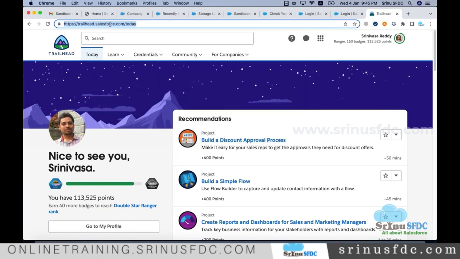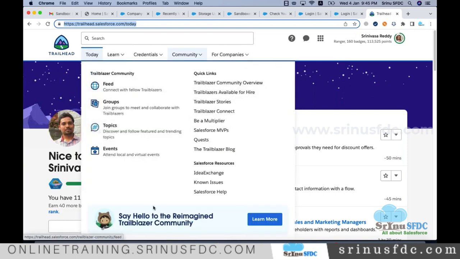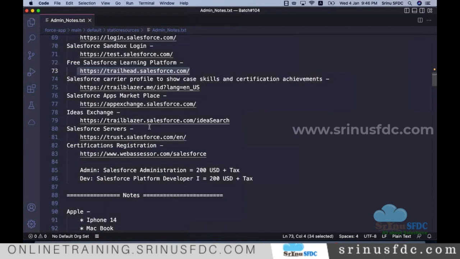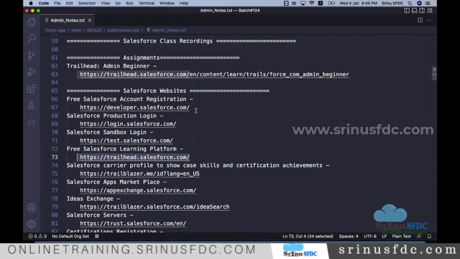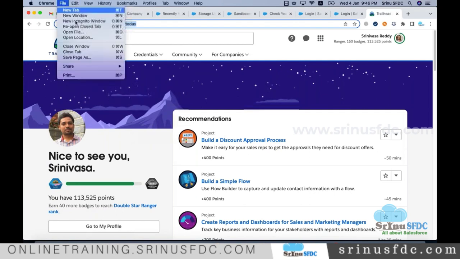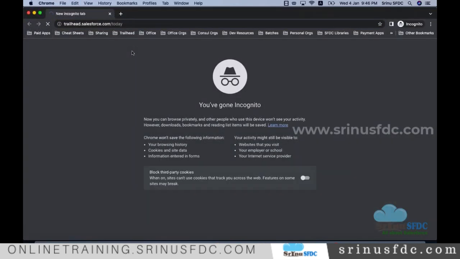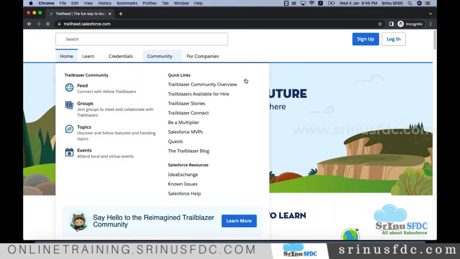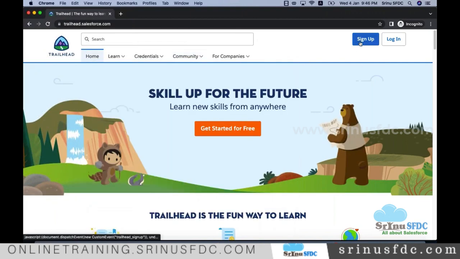Now, how to register with this? You just need to go to that website, and whatever developer edition we register is the key thing for everywhere. Whatever username and password you have for the developer edition, use the same. It's already logged in because the browser remembers my name. When you open it, it will be like this. No need to click on sign up as soon as you have the developer edition, right? So click on login,